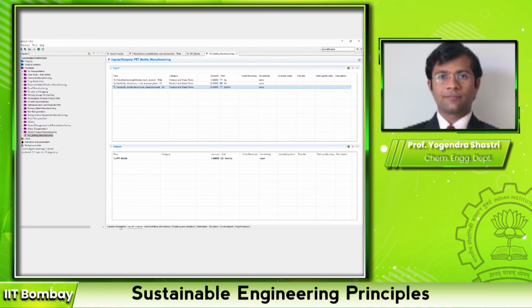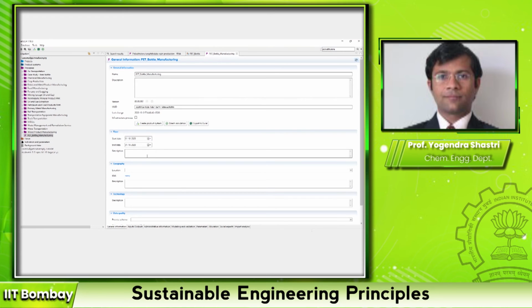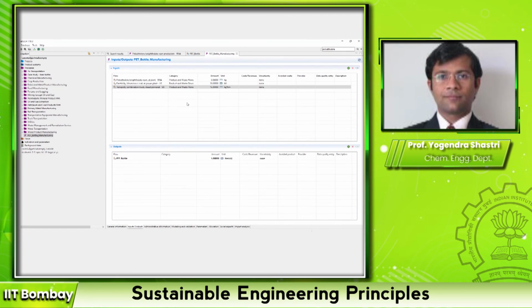So in OpenLCA, what you have to do is create a product system from it. The reason is that you may have multiple processes that are connected to each other. Every process tab will have information only about that particular process. But through these input-output connections, if there are two connecting processes, for example, and the PET bottle manufacturing is getting input from another process that you have created, one of the inputs here will be an output of that process.